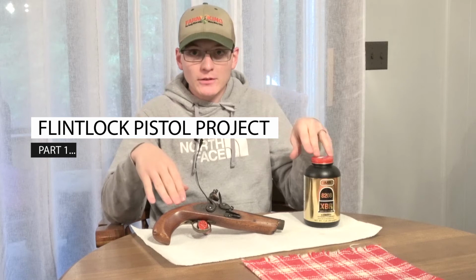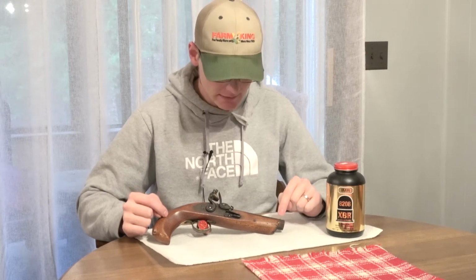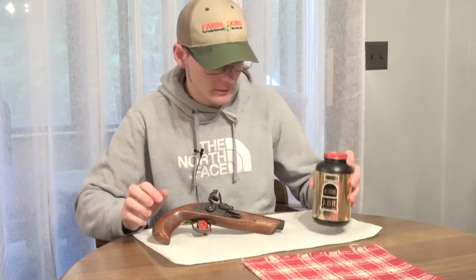Today I have two things on the table here that are seemingly unrelated and very incompatible. I have a pound of IMR 8208 XBR and a Flintlock black powder handgun. Now, these two things definitely do not go together. You would not want to shoot this with this, but I went into my local gun shop today because the